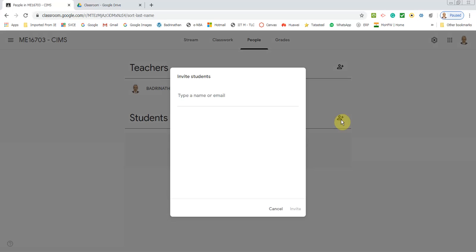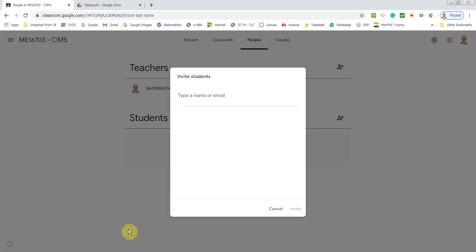So the easiest way of doing it is, being an institution, having created an institutional email ID for each and every student, the institution should have a group email ID which represents the entire class. So you can type in that group email ID for that particular class, and the information will be sent to all the email IDs individually.